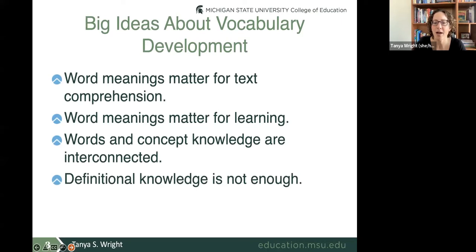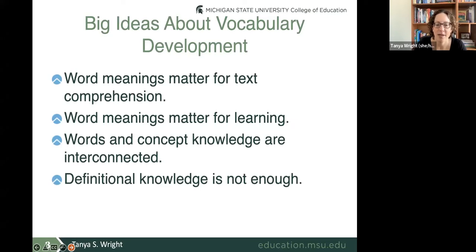We've talked a lot about how words and conceptual knowledge are interconnected. So I always show you that iceberg picture where I say that the actual word that we say, the label, is just the tip of the iceberg, but all of the ideas associated with that word, all of the knowledge, all of the concepts are what we're really